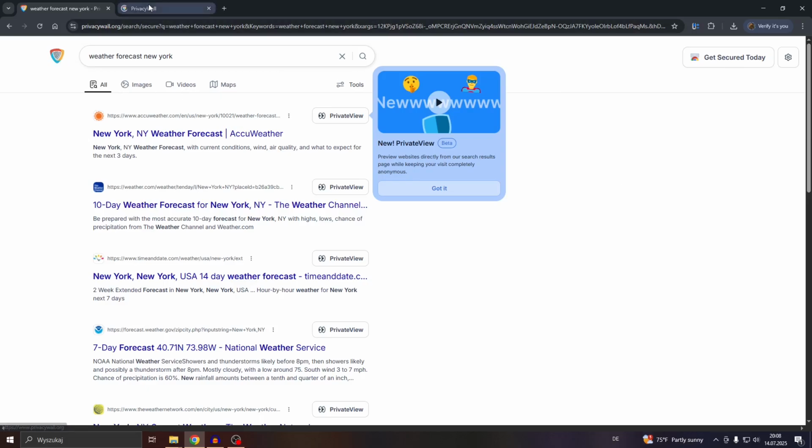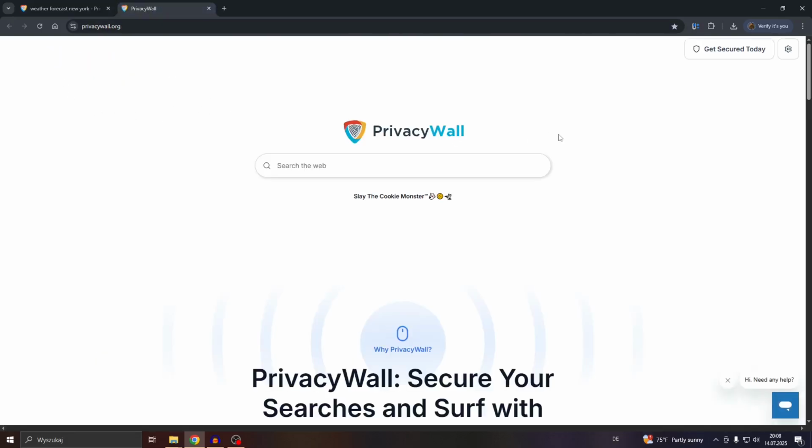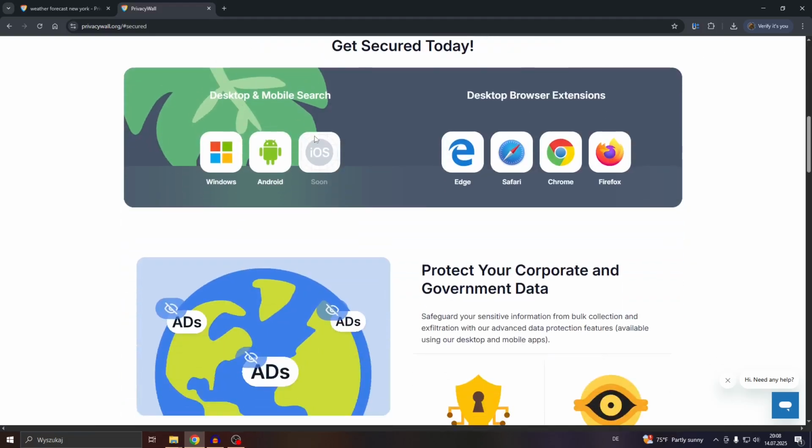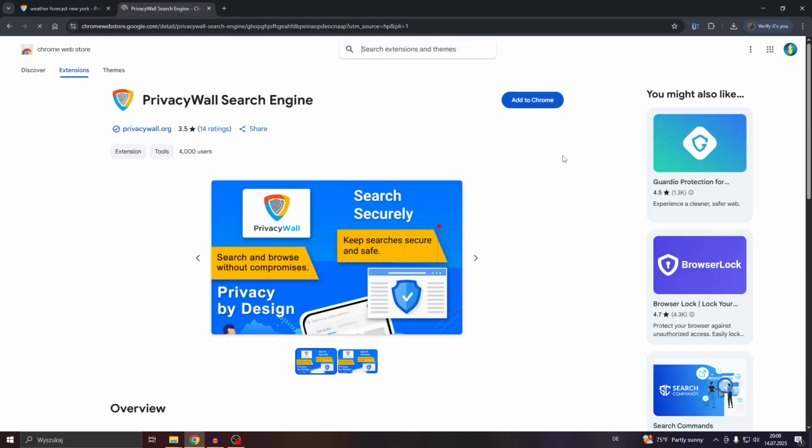Head over to PrivacyWall.org, the homepage, and what you will need to do, guys, is click on that button in the top right corner of the homepage, and after that you will be redirected to that list of supported device types, like for example Windows Computer, Android, and also browsers that support the PrivacyWall extension like Edge, Safari, Chrome, and Firefox. So click on Chrome if you'd like to install it on Chrome, and after that you'll be redirected to